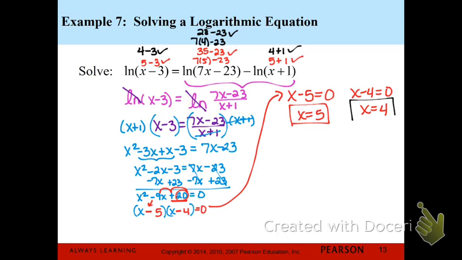What happens if it's 0? If it's 0, then it's not going to be a solution and we get rid of it. Just like earlier when we plugged it in and got a negative number, we just marked it out. Same thing here. So we get both of these numbers as our solutions. So 0 is not a